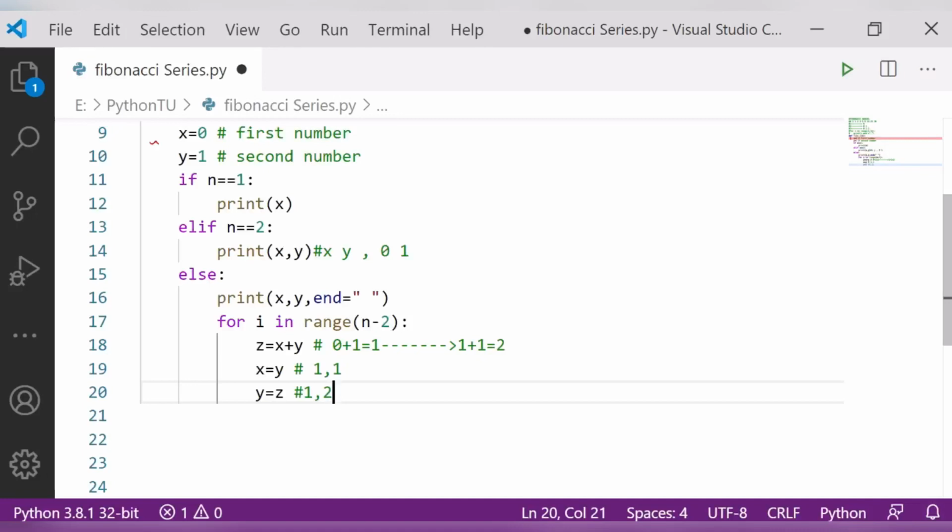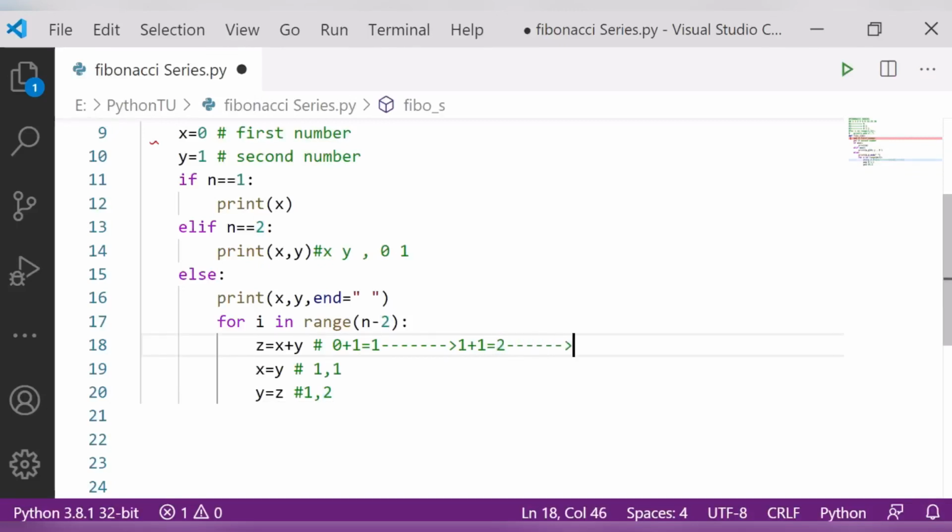Okay, what is happening? It's very simple, nothing special, the loop is just running again and again. We keep getting the next value. The Fibonacci series is the sum of the previous two numbers. Every time we take the previous two numbers. Okay, now if we move forward, next, what is happening here?